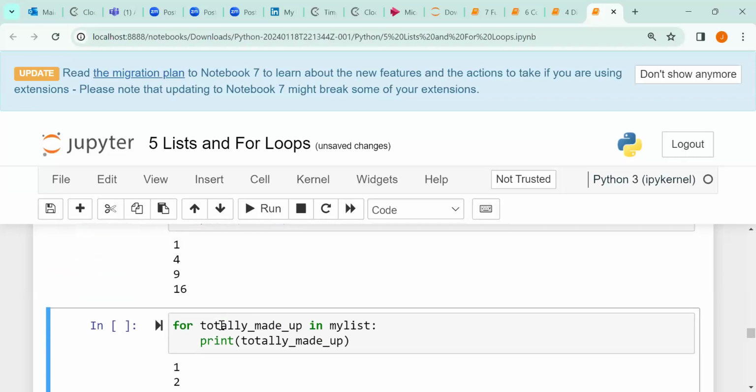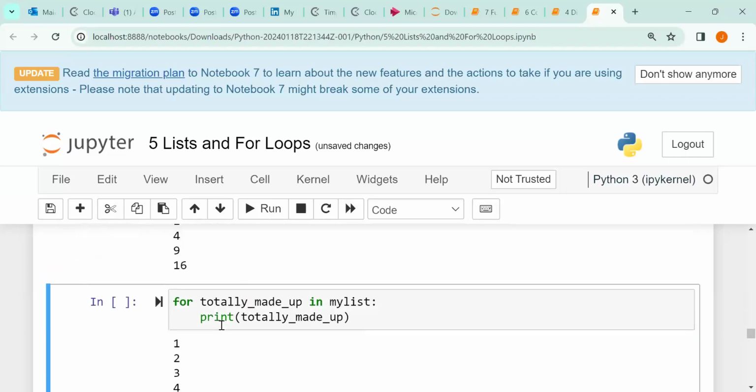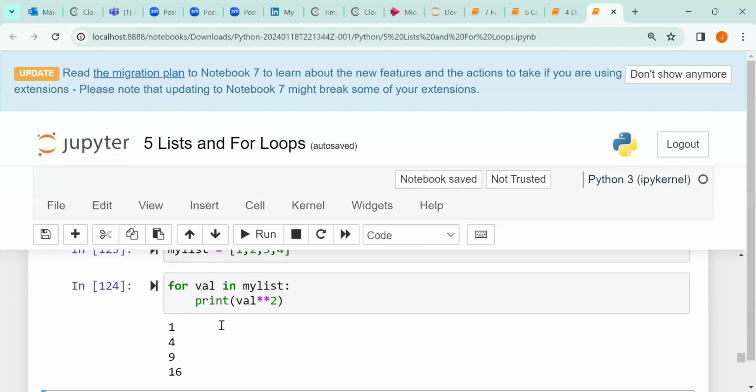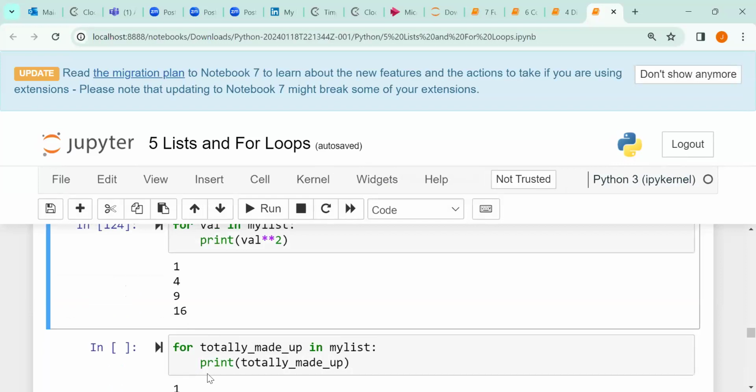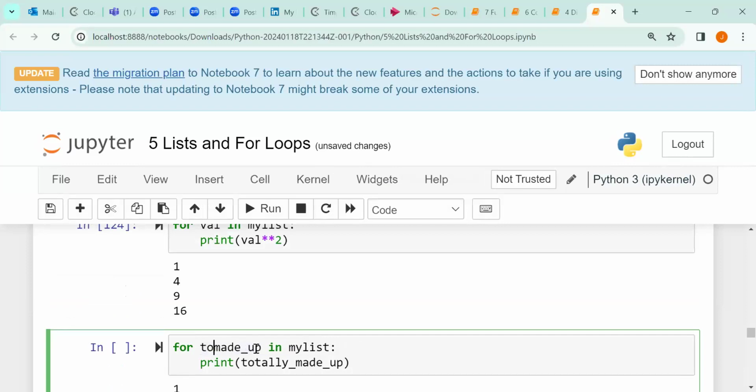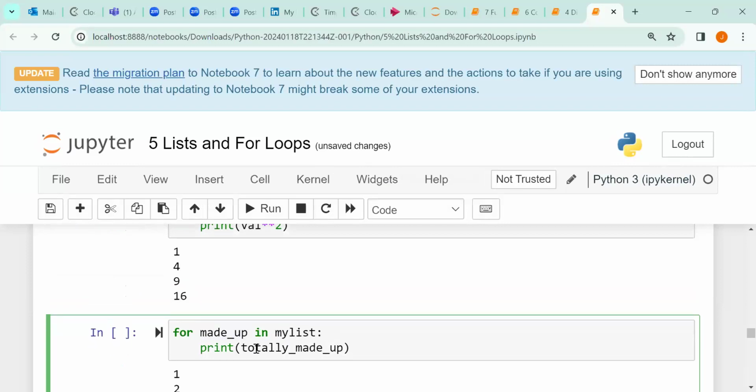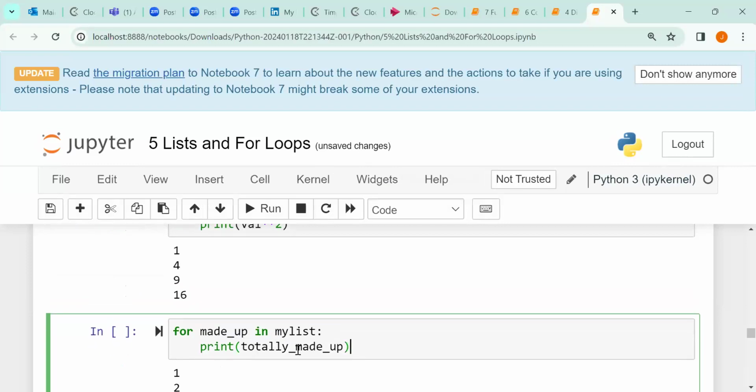So this is just to tell us that we can use anything here, for i, for val, for anything. You can see for totally made up here in my list. For made up, anyone, you can use anything here. But just make sure that your list name is there. And then we are printing